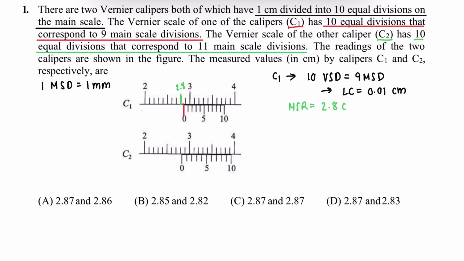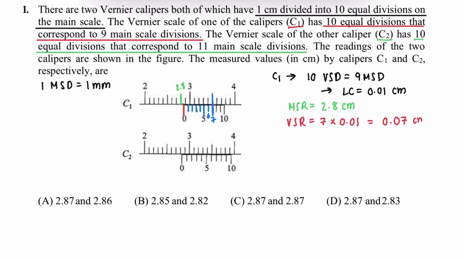So our main scale reading here is 2.8 centimeters. Now we have to find our vernier scale reading, which is the vernier coincidence times the least count. So that's what we have to find, the vernier coincidence. So let's see, none of these are coinciding so far, but this one is coinciding. So which one is this? This is 5, 6, 7. The 7th vernier scale division is coinciding, and hence we can say the vernier scale reading is equal to 7 times 0.01 centimeters, which is equal to